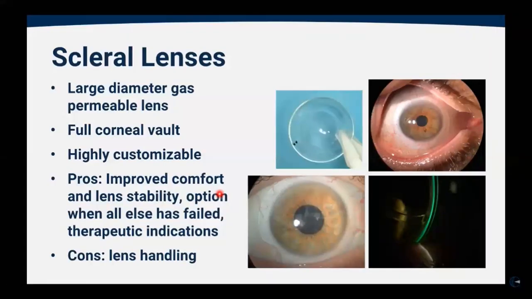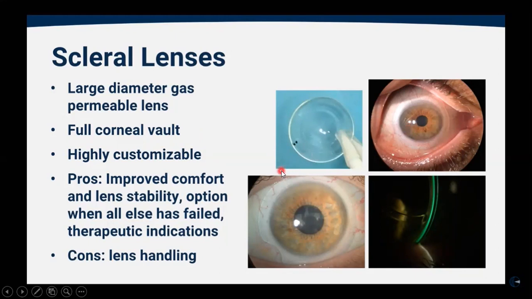And scleral lenses is the fourth option that is nowadays becoming very popular. The advantage of RGP scleral lenses is having large diameter lenses, but it is made up of the same material that RGP is made from. So RGP material and the scleral lens material are the same. It fully gives a vault on the cornea. Vault on the cornea means these scleral lenses are not touching the cornea.